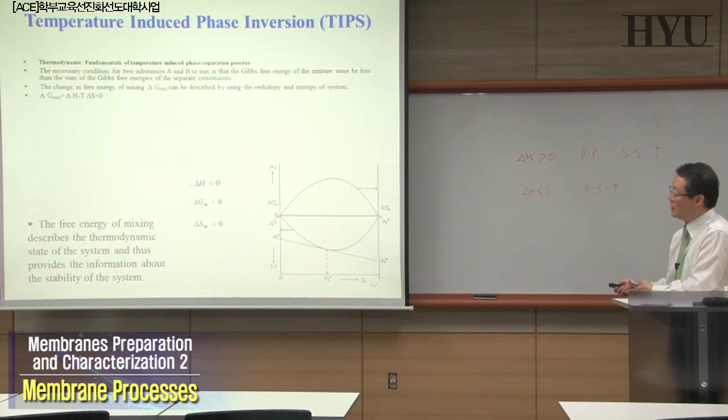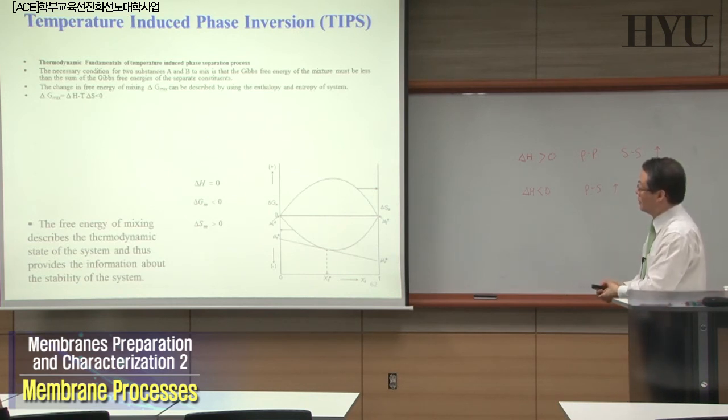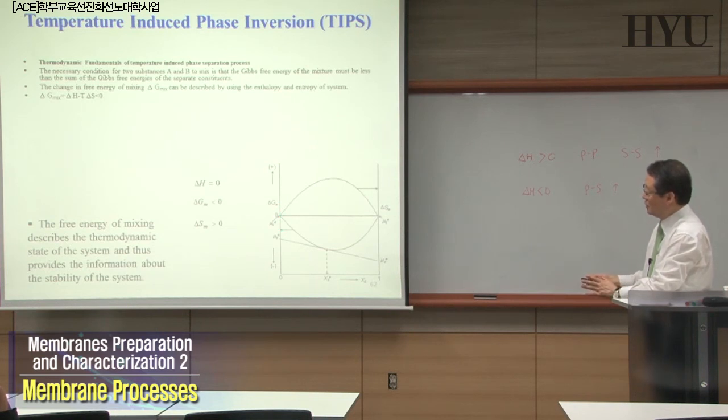So the only thing is about delta H, and delta H should be negative when you have polymer and solvent interaction. So when you plot Gibbs free energy of mixing versus X, which is the mole fraction or weight fraction or volume fraction, then your chemical potential will be changing, of course. When your delta G of mixing is positive, this goes upward, and when delta G of mixing is negative, then you have a negative contribution. So in many cases, delta G follows this line, and when you plot with some composition x2, then this point will be drawing the line over here, so that you can determine the chemical potential of each case with the different